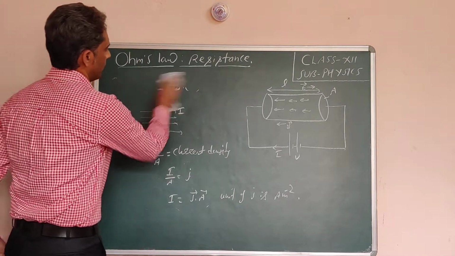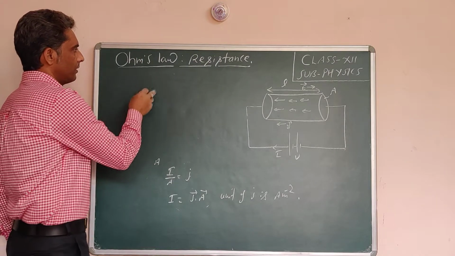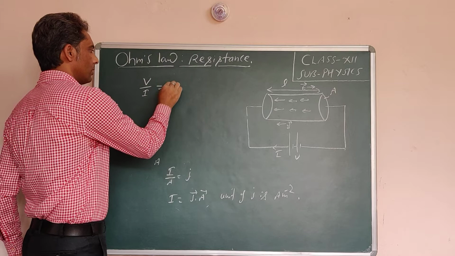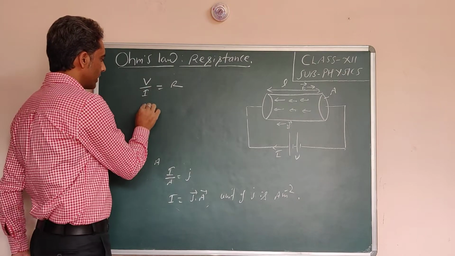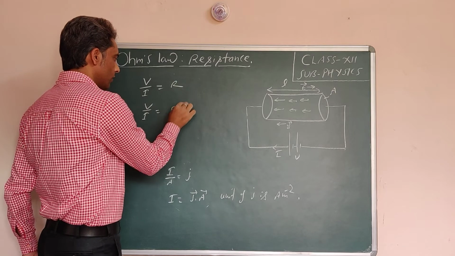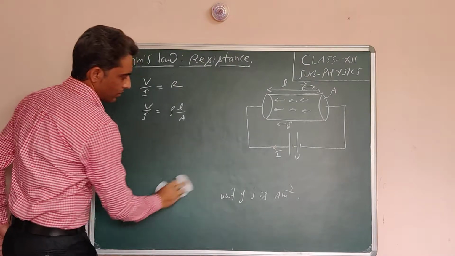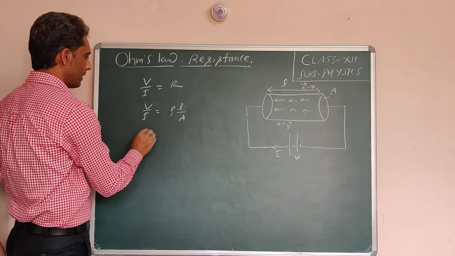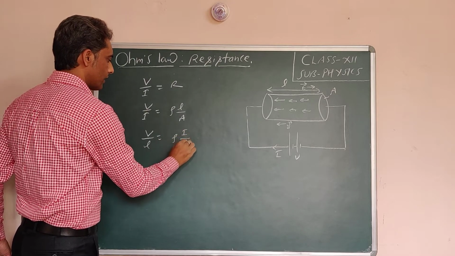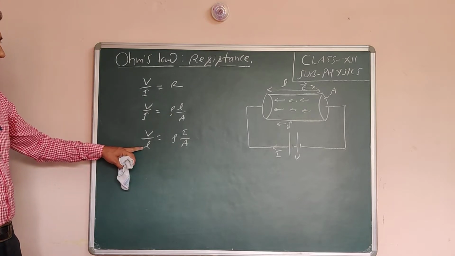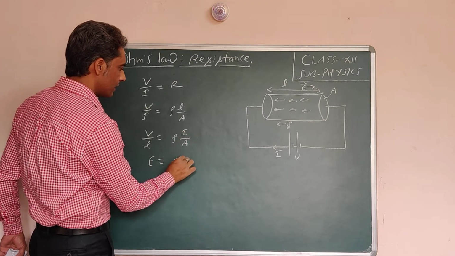Now, as I said, by Ohm's law, V over I is equal to R, and also this R is equal to rho L by A, so we can write V over I is equal to rho L by A, or from here we can write V over L is equal to rho I over A, and this V over L can be written as electric field. Rho I over A is current density J,